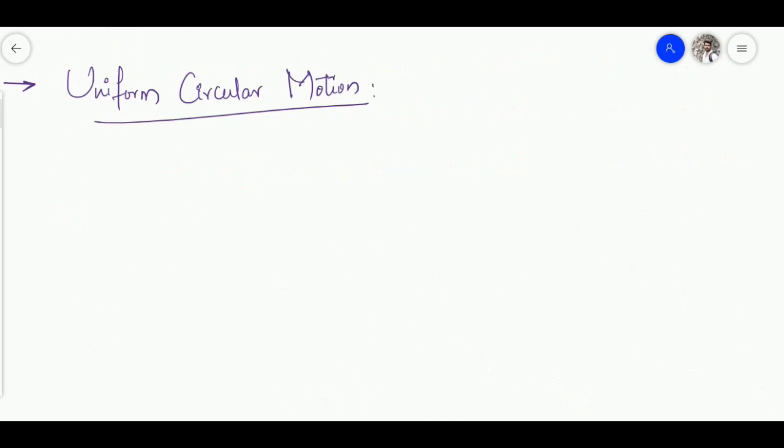So let's go with the basics of uniform circular motion. It just takes a minute. So let's say you are here, you tied a rock to a string and you started spinning around. So it's been swirling around you constantly. Now, let's say he is swirling the stone with a velocity of 5 meter per second. So the stone is moving in this circular path constantly with constant velocity of 5 meter per second.